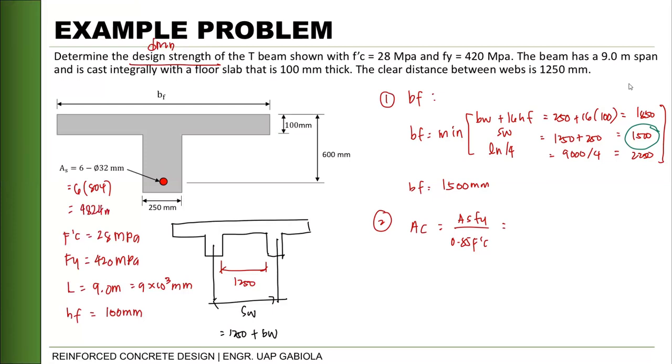So if ever mas gusto niyo exact, pwede naman i-direct niyo yung area ng circle, no? Or nung bar, and then multiply it by 6. So 4824 something yung magiging sagot, ano? So 4824 mm squared. We have Fy is 420 Newton per mm squared. And then we have 28 Newton per mm squared. Cancel out the unit. And we have AC is equals to 4824 times 420 all over 0.85 times 28. So that is